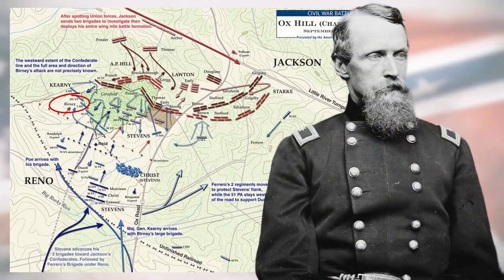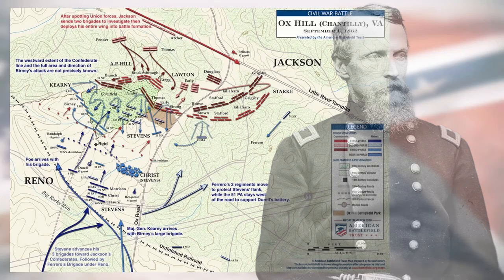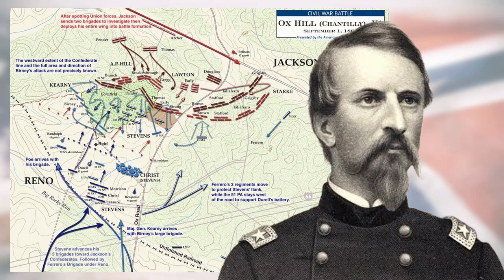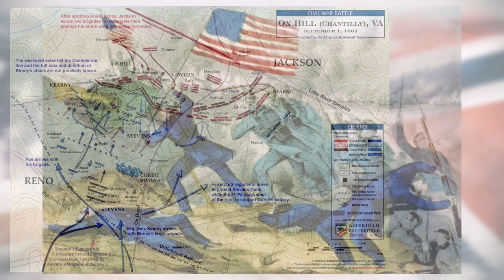Brigadier General David Birney, leading Kearny's men in the cornfield, sent word to his commander that the right flank was dangerously exposed. Incredulous, Kearny galloped forward to evaluate the situation for himself. In an open, grassy field, he found the 21st Massachusetts still reeling from the ambush minutes before by Jackson's division. Kearny ordered the regiment immediately forward to protect Birney's right flank, but was told by its captain in no uncertain terms that his men had had enough fighting for a while, and that their ammunition was wet.